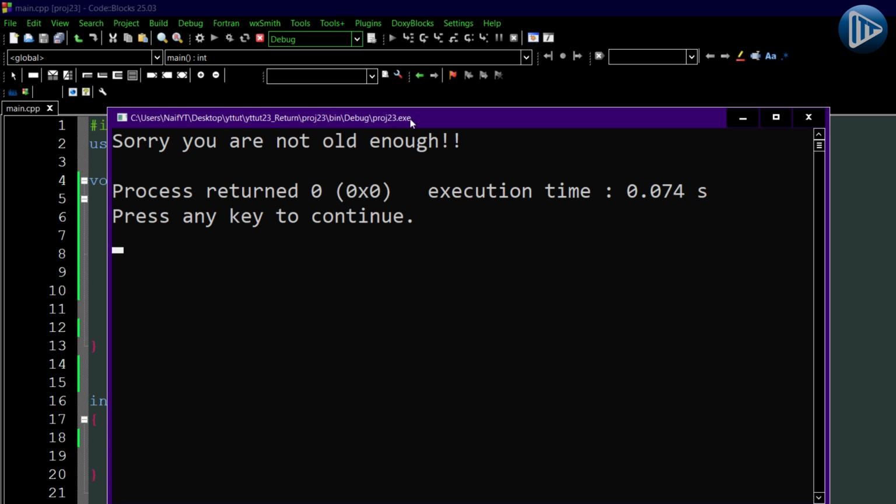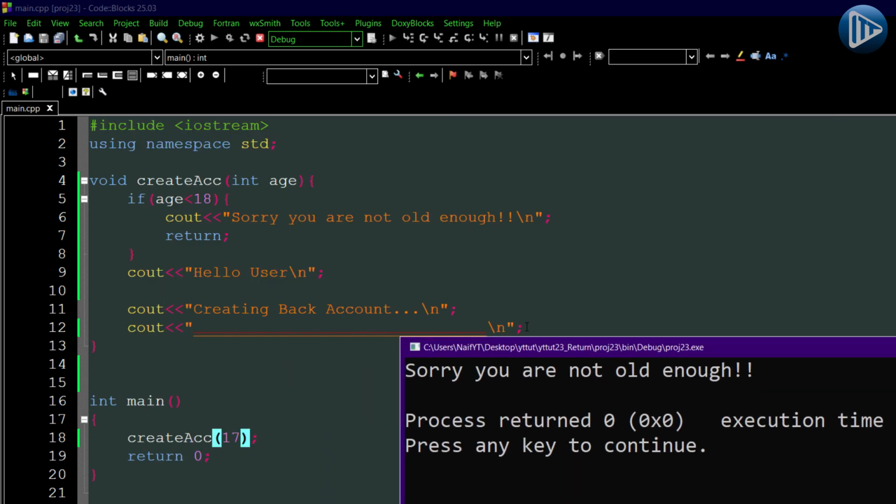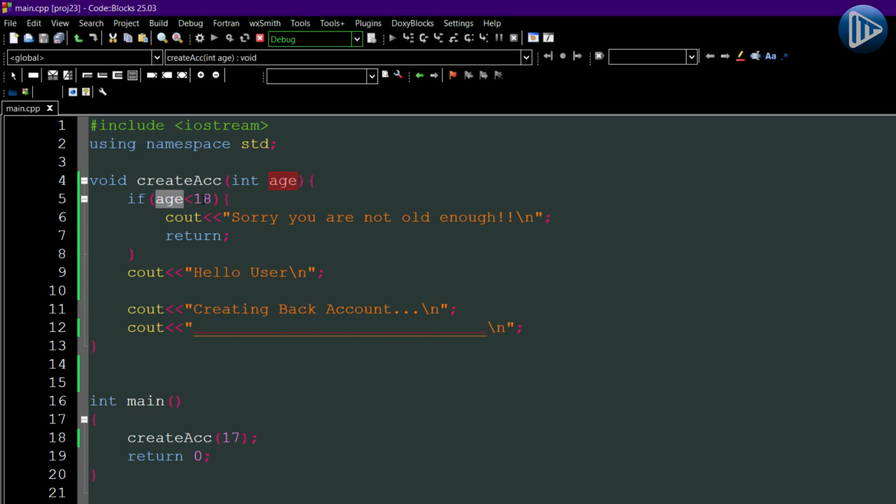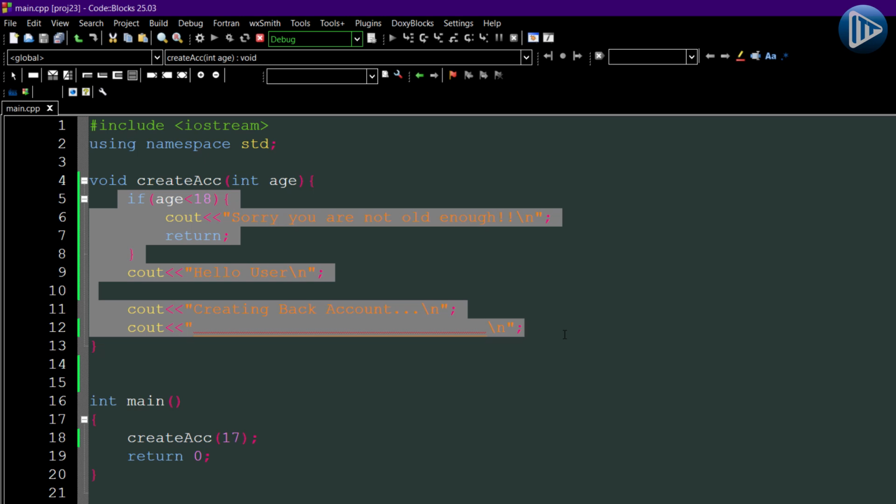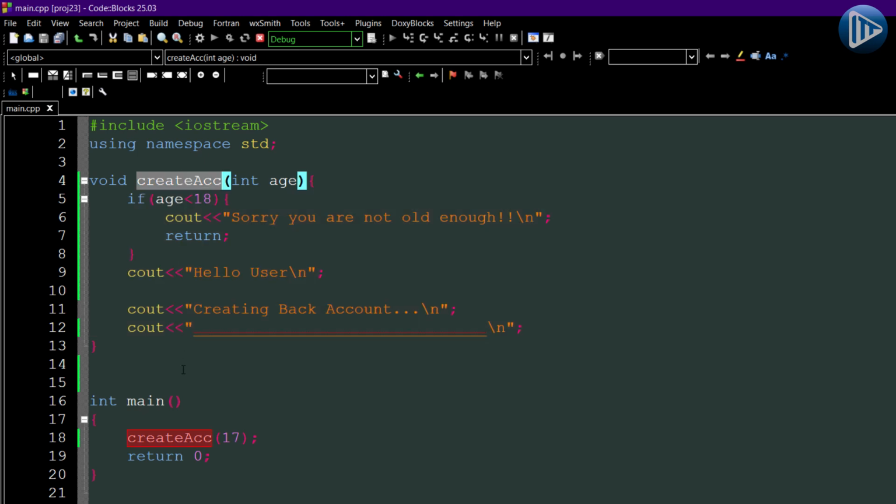"sorry, you are not old enough", and didn't run anything else that comes after it, because the moment it sees that this condition is true, it executes this line of code first, and then it sees the return keyword, which means, hey, stop running this function over here and return back to the function where you were called. And in this case, createAccount was called in the main function, so it will return back to the main function and execute anything else that comes